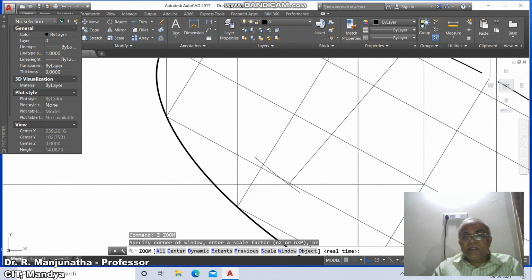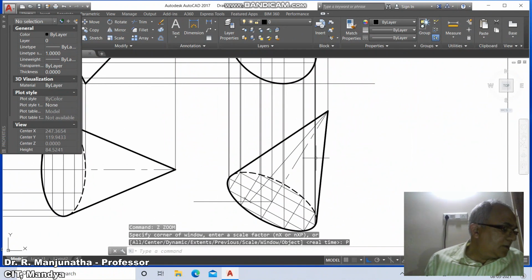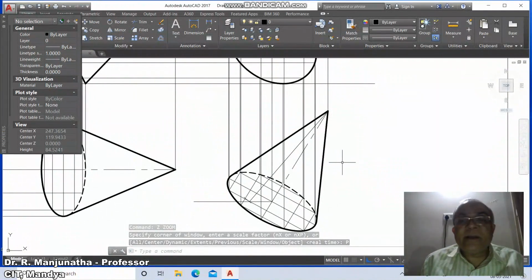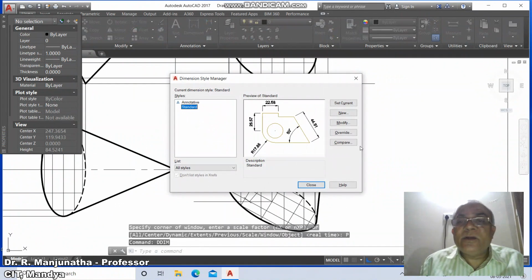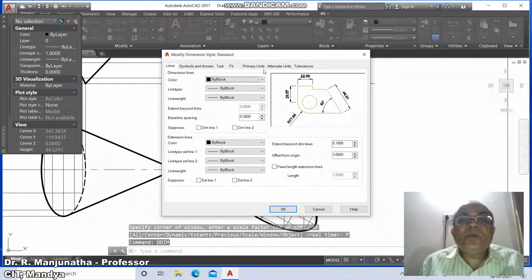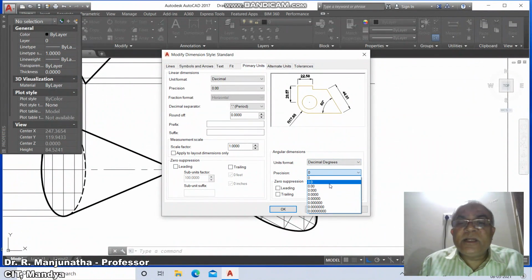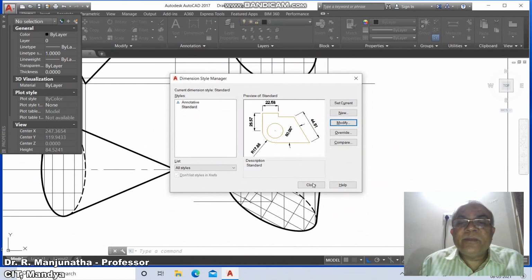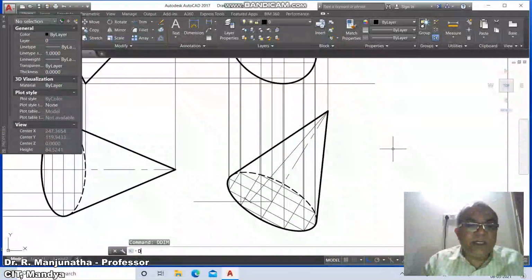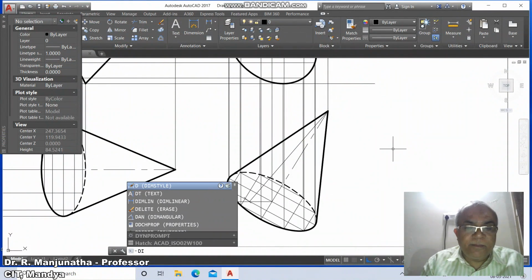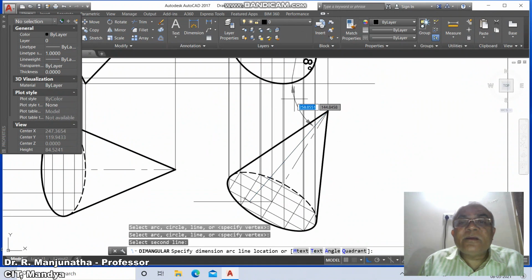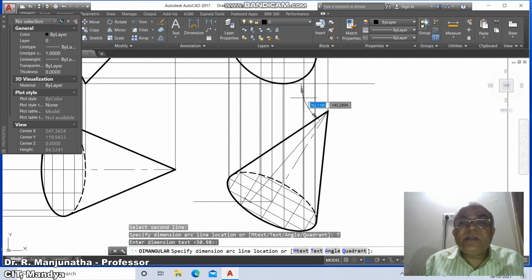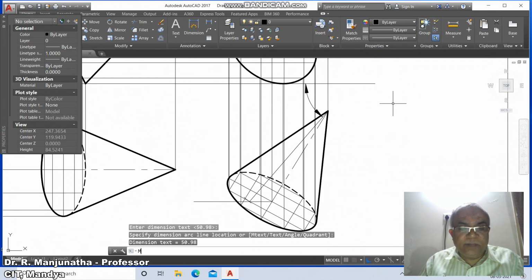So this is how you are going to get this axis line, and here you measure this angle, which is going to be phi. So type DDIM and take Modify, go to Alternate Units, choose decimal up to second decimal point, say OK, then say Close. Then dim angular, DIMANG: you select this line and this line, which is going to be 50.98. Go to text, give a space, and then you just click over here, then go to text.